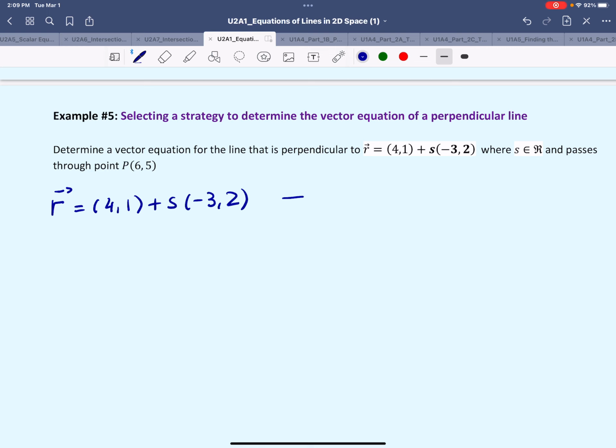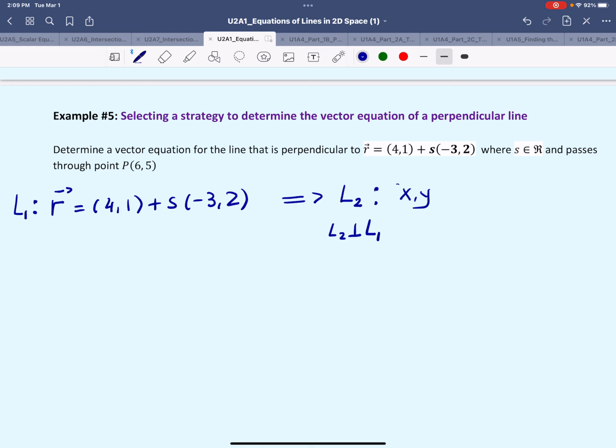So what we are trying to find is another line, and I'm going to give the lines a name, lines L1 and L2, such that L2 is perpendicular to L1. We don't know what the equation of this line will be, but we do know that it